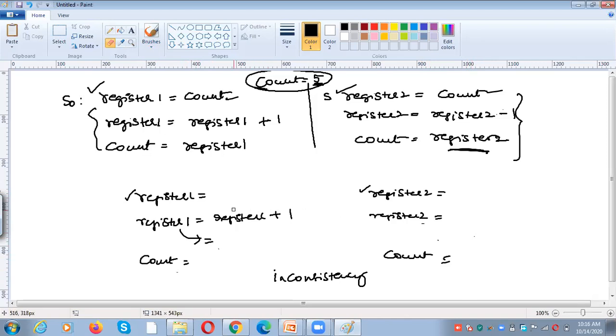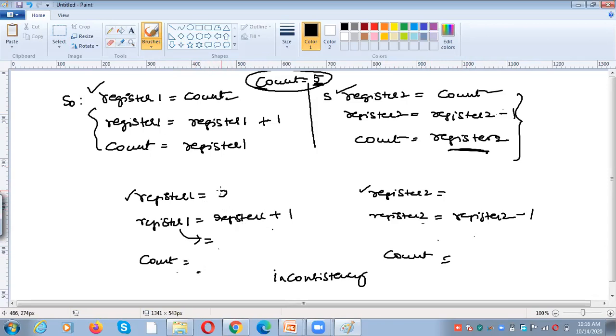Now I am executing the statements parallelly. That means both the things work on the count variable parallelly. So it will be a problem. Here the value is 6. Here the value is 4.